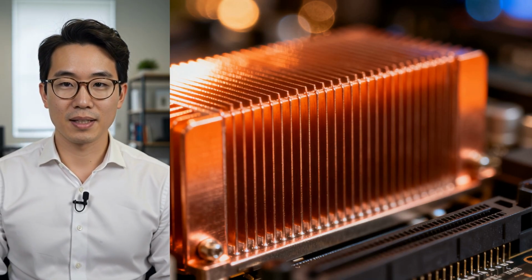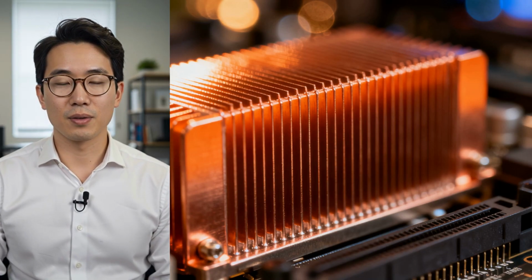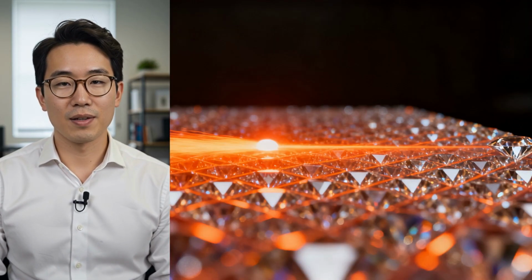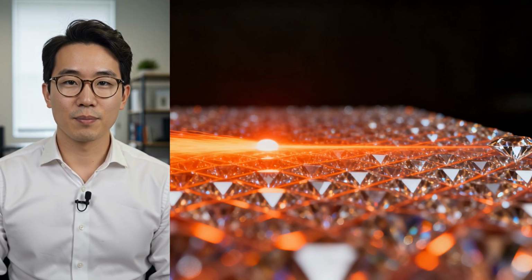Yet even copper has limits. As AI accelerators become more powerful and transistor density continues increasing, traditional cooling materials are approaching the point where further improvements become increasingly difficult. This is where diamond begins to stand apart. Among naturally occurring materials, diamond possesses one of the highest thermal conductivities ever measured. Heat travels through it remarkably quickly,